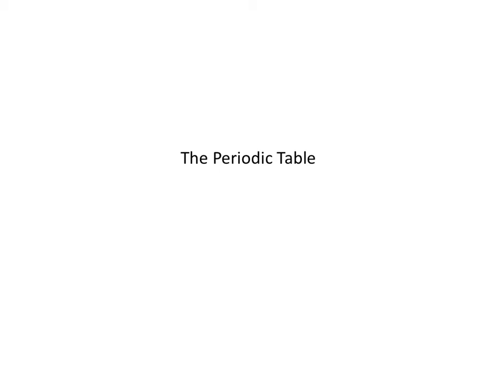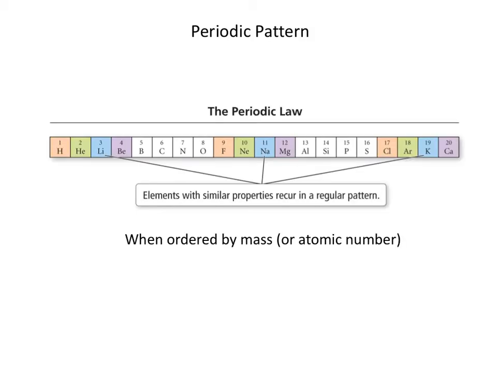In this video, we're going to talk about the periodic table and some of the information that it can tell us. Scientists like to organize data, and so as more and more elements were discovered, people would naturally make lists of those elements. And as the number of elements started to get filled in, scientists started to notice that certain properties would tend to repeat themselves.